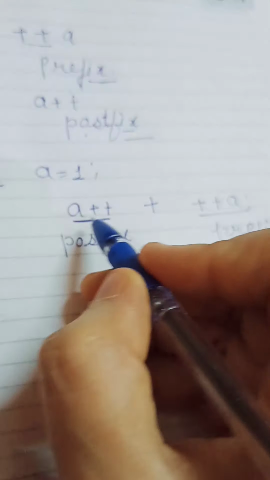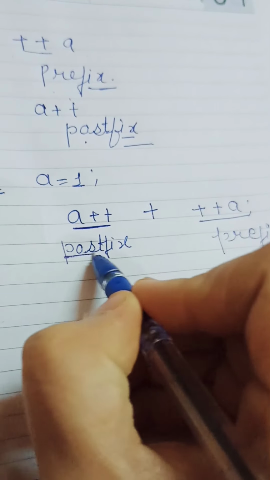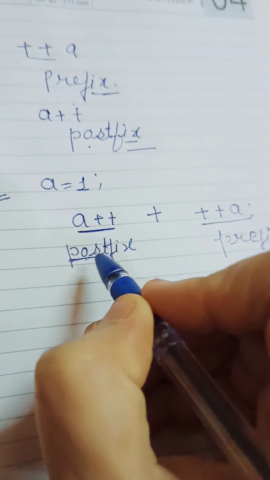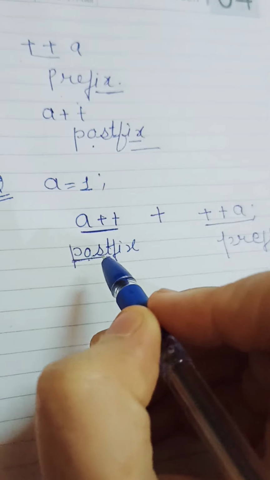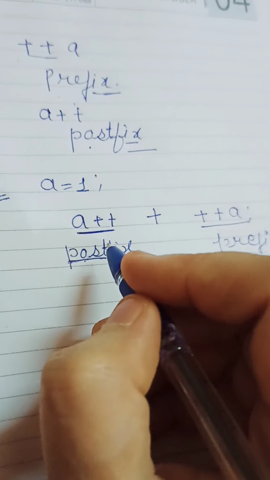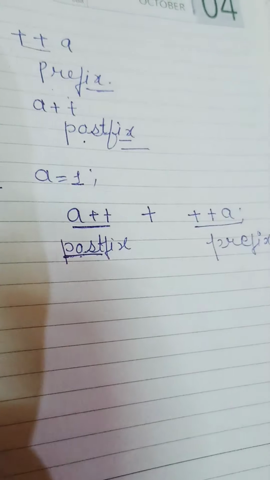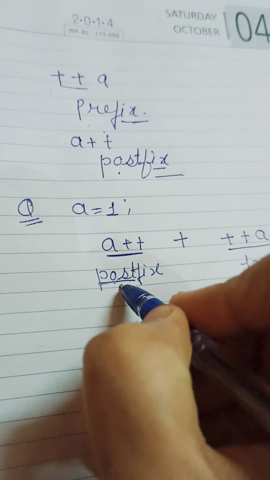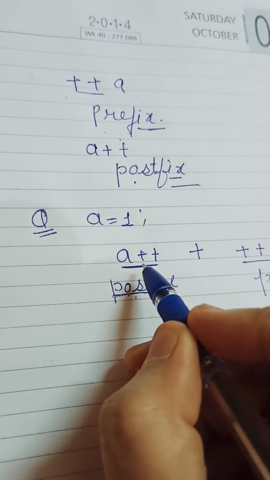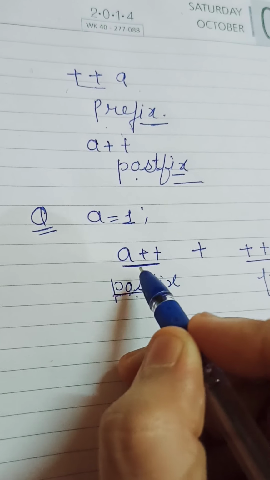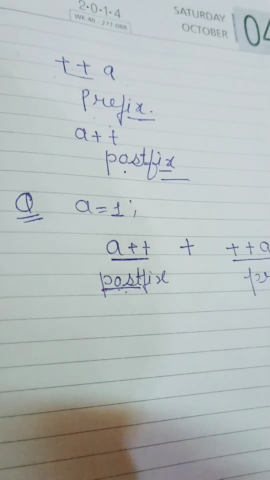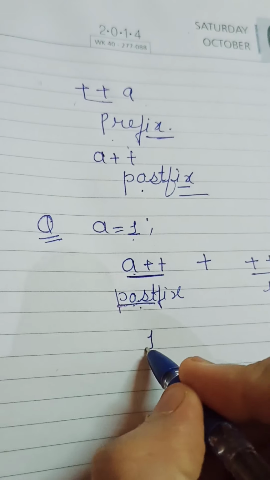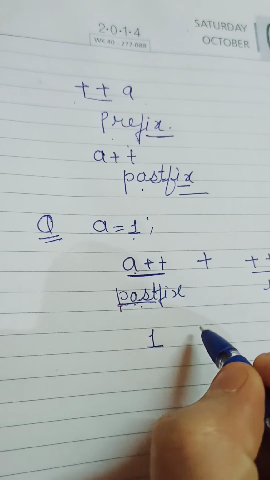So, what is the meaning of this postfix? Postfix means it's okay, please don't increment me now. I want to get incremented when I come next time into the line, into the expression. So whenever you find a postfix expression, you will not increment at that time only. You will wait for that variable to come again into that line. So now, what is the value of A? It is 1, so I am writing here 1. I am not incrementing it because it is postfix.